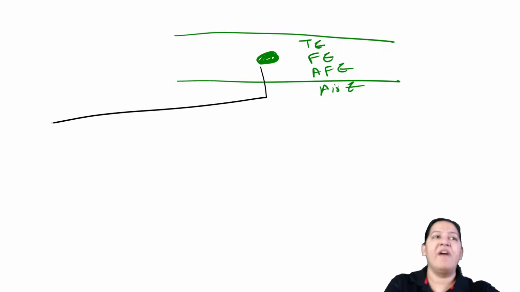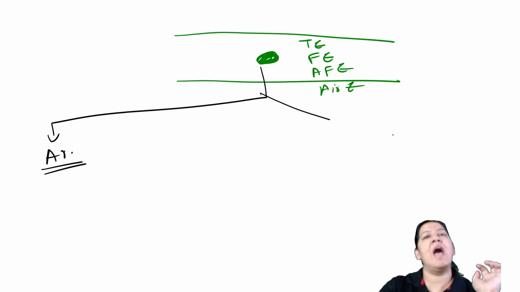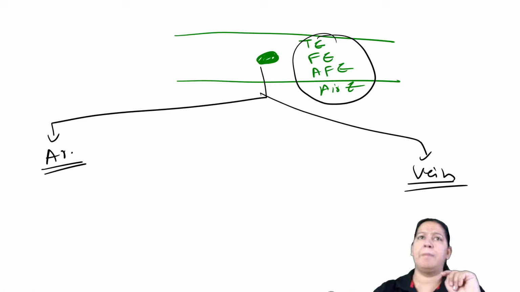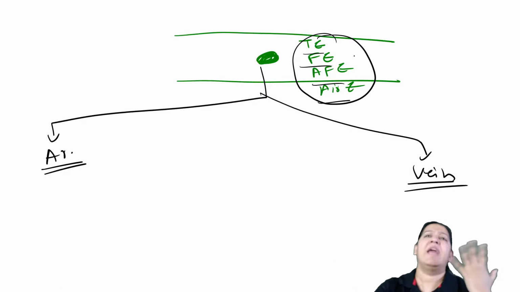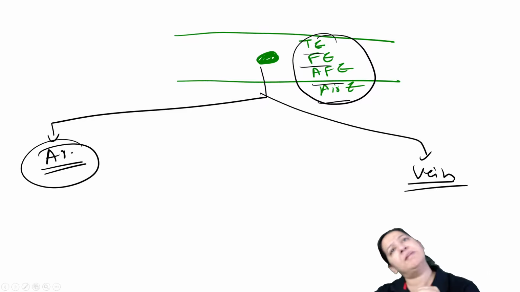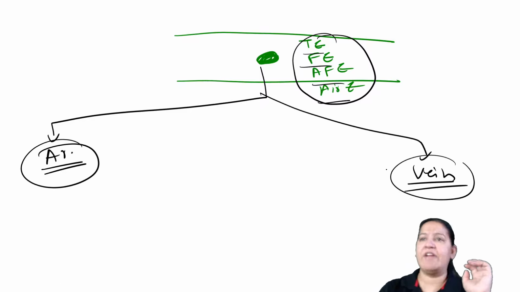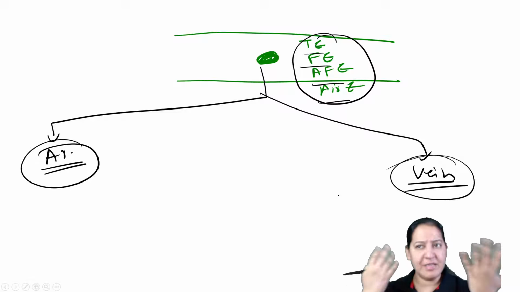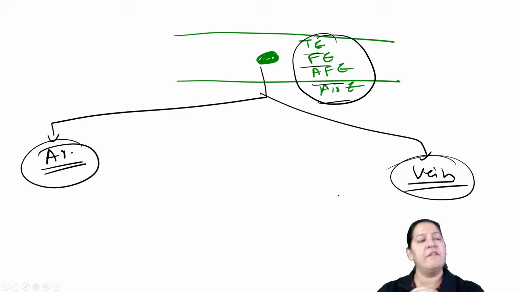Whether the embolus is present in an artery, what will be the consequence? If the embolus is present in the vein, what is the consequence? Who will tell me? Any embolus. I'm not specific for any one embolus. Whether solid, liquid, gas, amniotic fluid, air, thrombo, fat, whatever embolus. If it is present in an artery, what will be the fate? And if it is present in the vein, what is the fate? Tell me the consequence or the fate of the arterial or venous embolus.